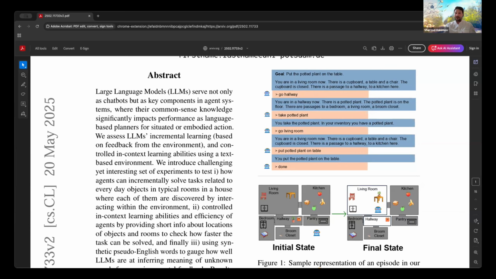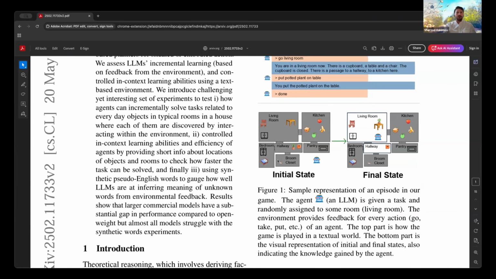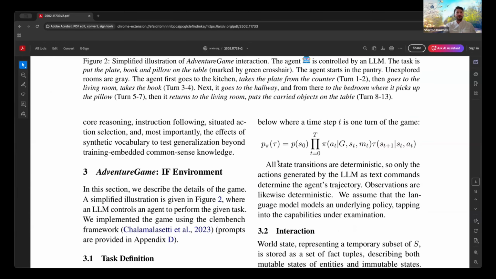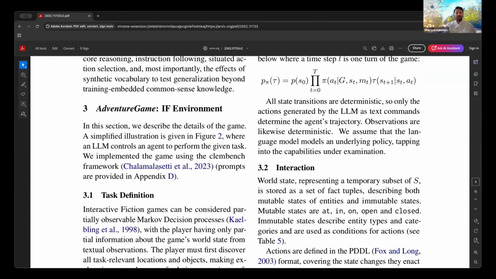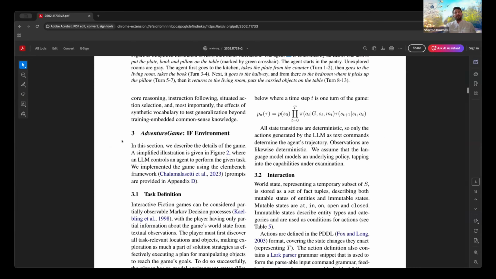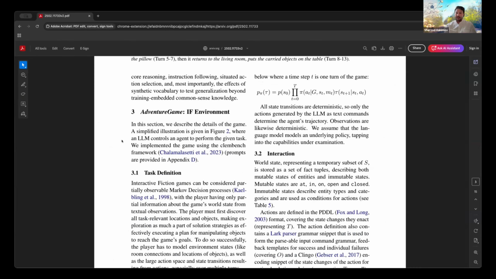So how we did this is we have, as I mentioned maybe before, but I can explain again, a framework called ClemBench, which I can quickly go to the reference. So the reference is here, basically, and then we implement dialogue games using our existing framework that allows implementing dialogue games quite easily. And what we implemented here, what we call is adventure game.